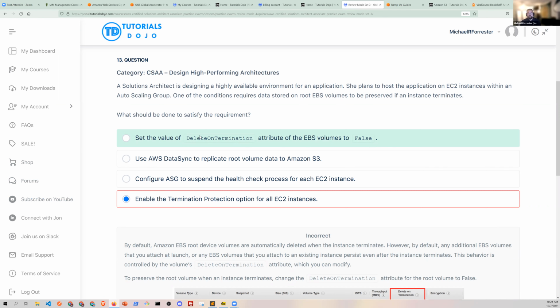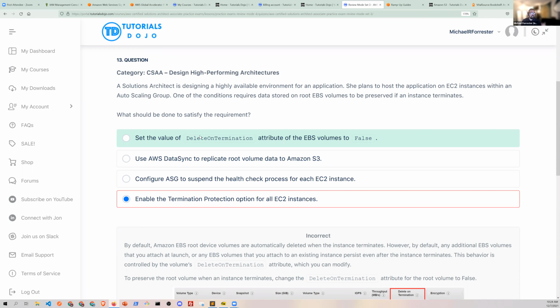So termination protection, by the way, all that's going to do is prevent you from being able to delete the EC2 instance. In other words, you have to go in and remove termination protection before you can actually delete the instance. So it becomes a two-step process. Programmatically, you then have to check for termination protection, disable it, and then you can turn the instance off. That prevents you from deleting resources that are super sensitive. I've got to tell you, for a lot of databases, I will turn on termination protection, so that you can't accidentally delete the database, right?